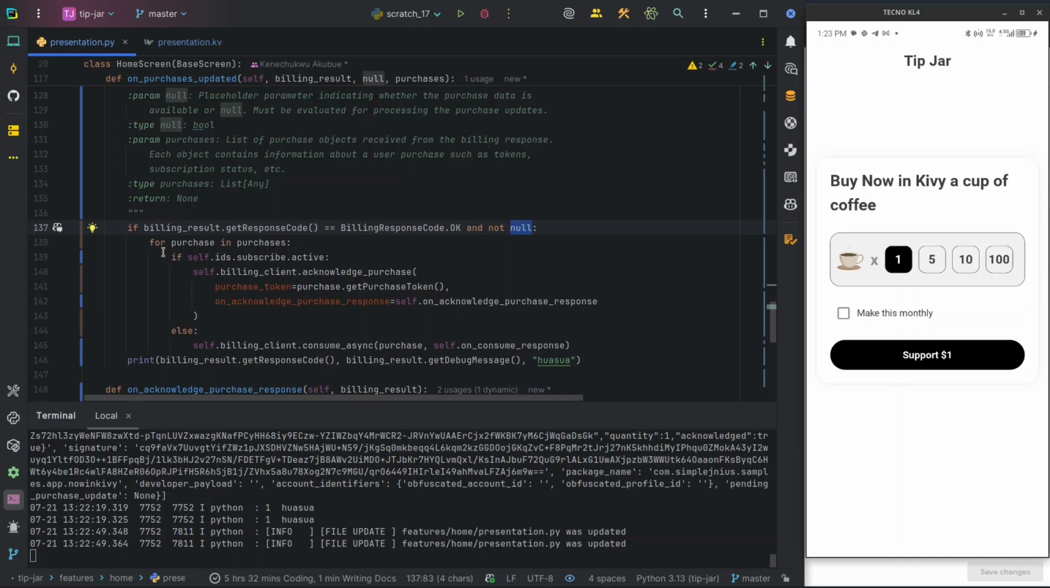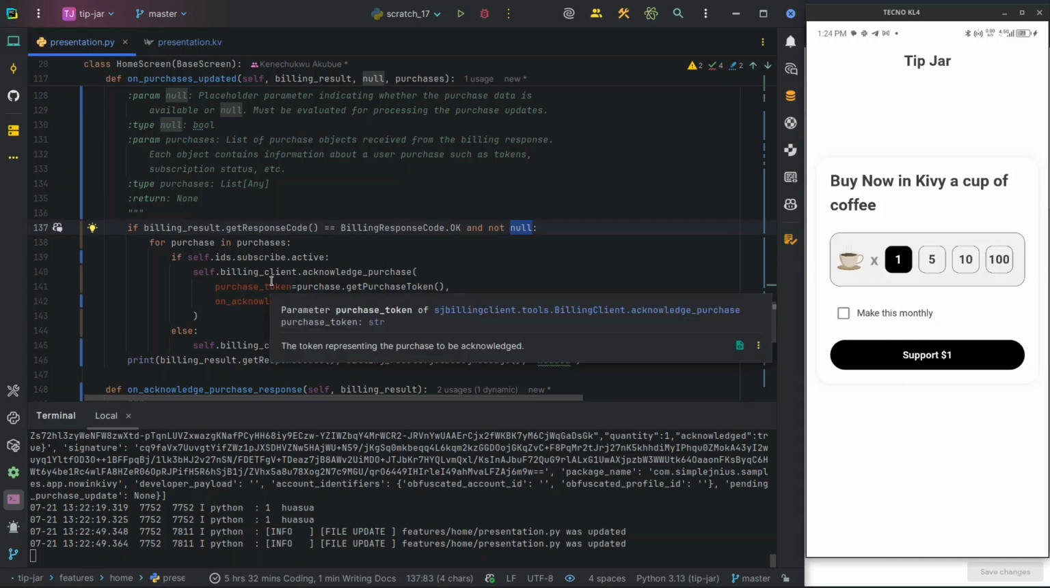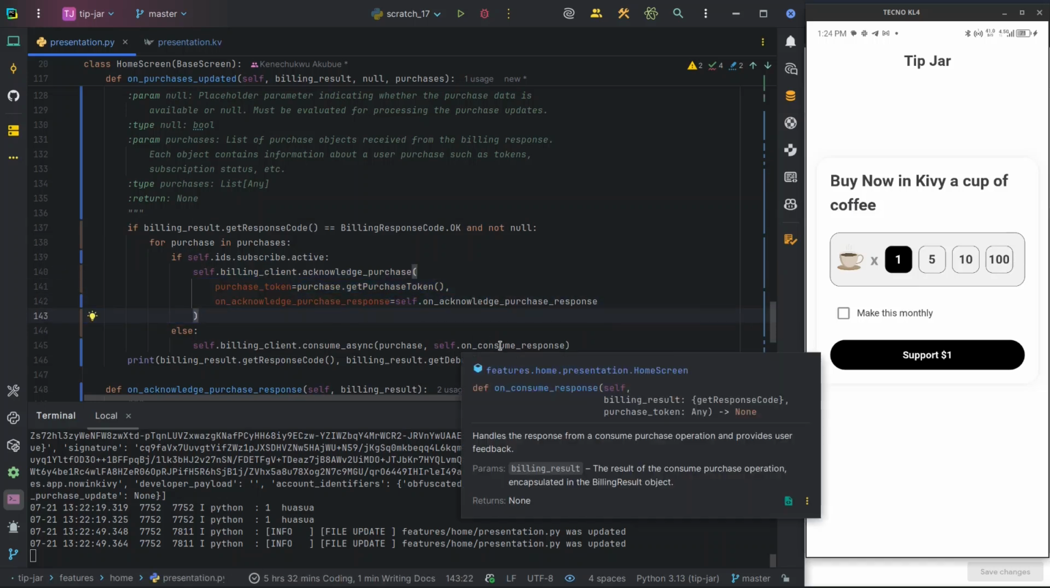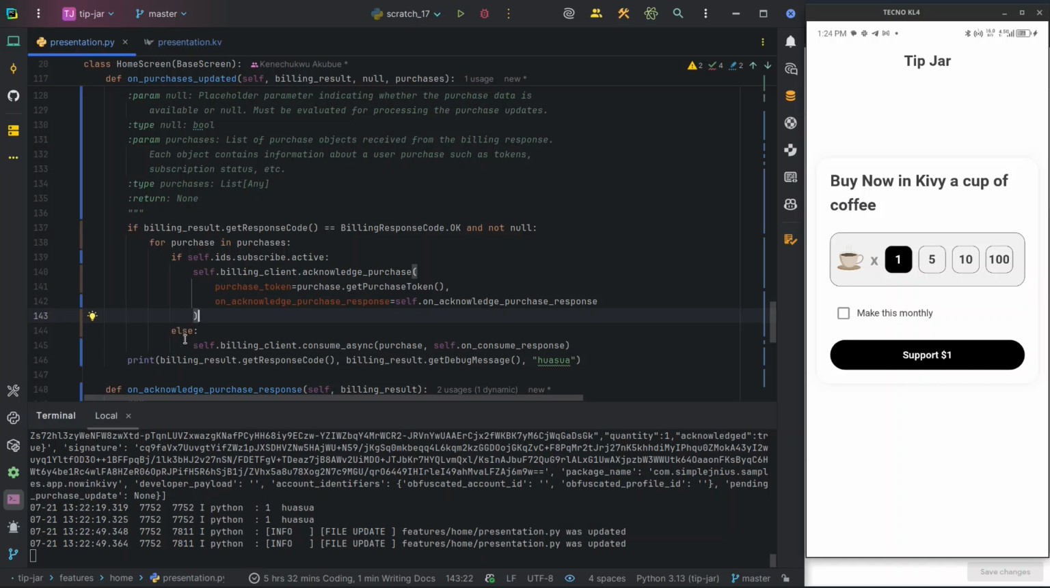Once it is not null, you loop through all your purchases. Because if the user made a purchase of more than one item, let's say you put out more than one item for purchase, you have to go through all the purchases the user made. And then if it is a subscription, make sure that you acknowledge. You cannot consume a subscription. It's not possible. If you try to do that, you'll get an error. But if it is not a subscription,